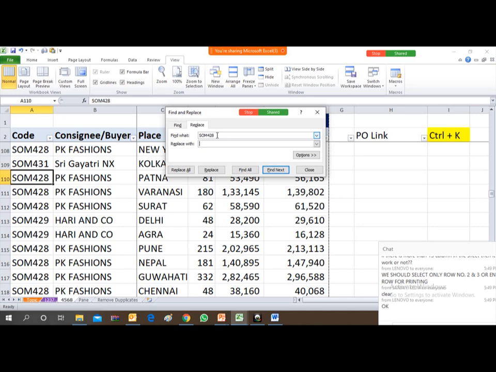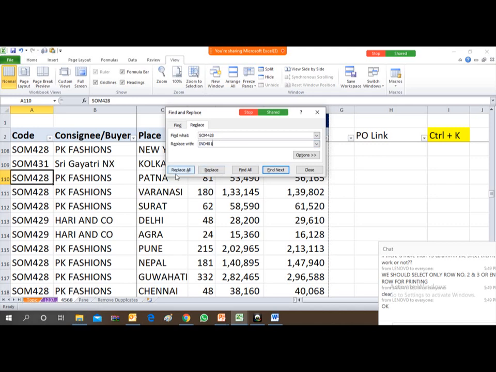So suppose the code I have selected is SOM 428. Now I want to replace this code with, say, IND 401.